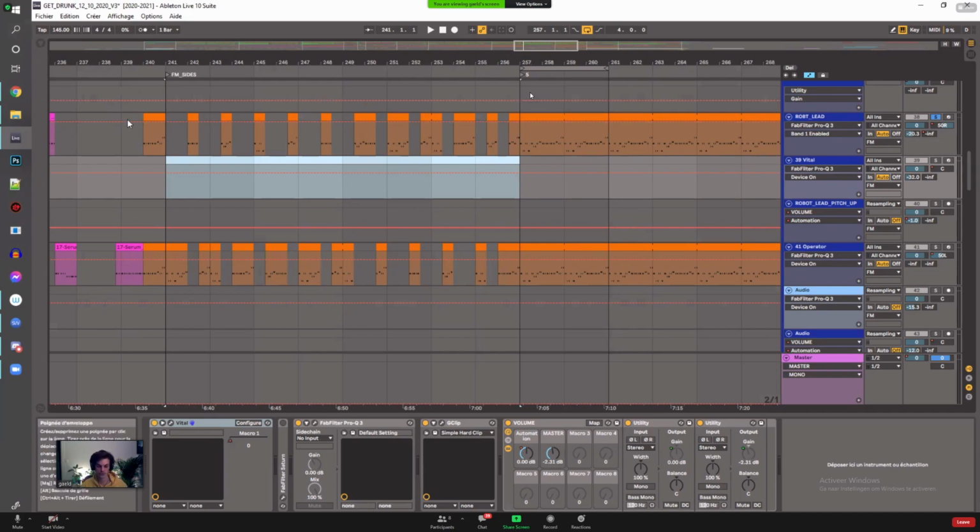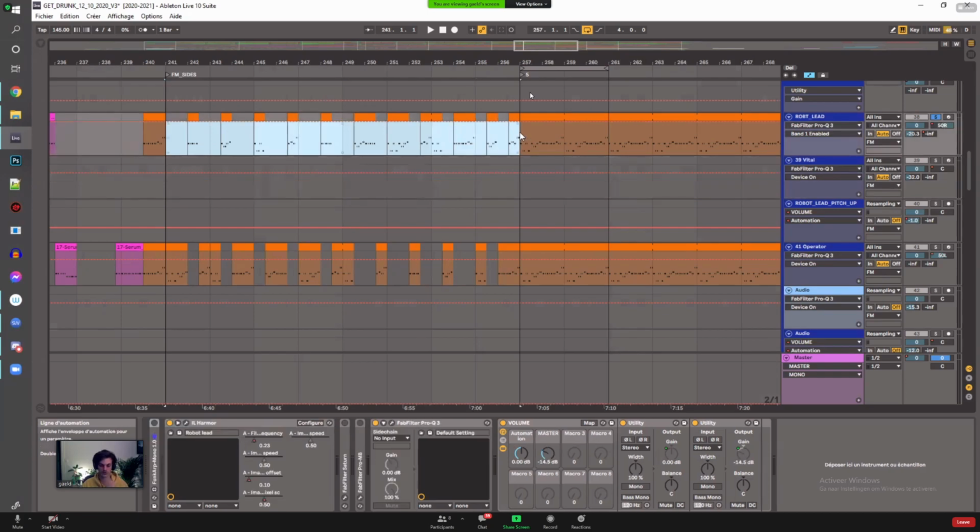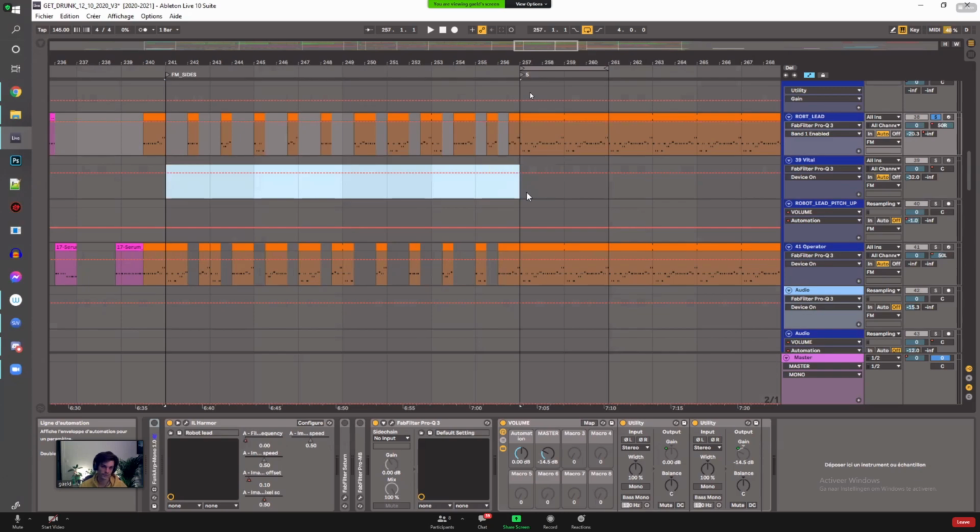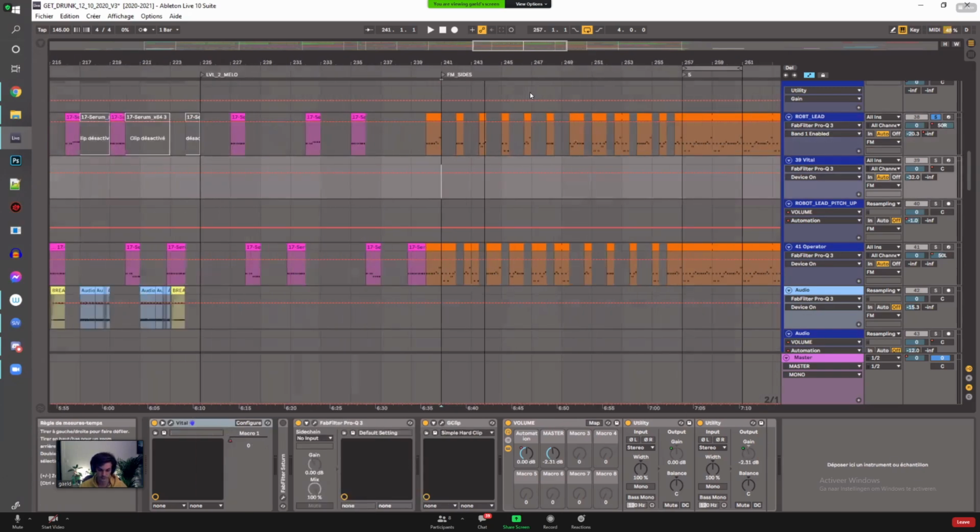This way, I'm sure it will work in mono, because if you just displace a sound to one side, when you collapse to mono, it will get back to its first place. So it will never be worse than it was in stereo.